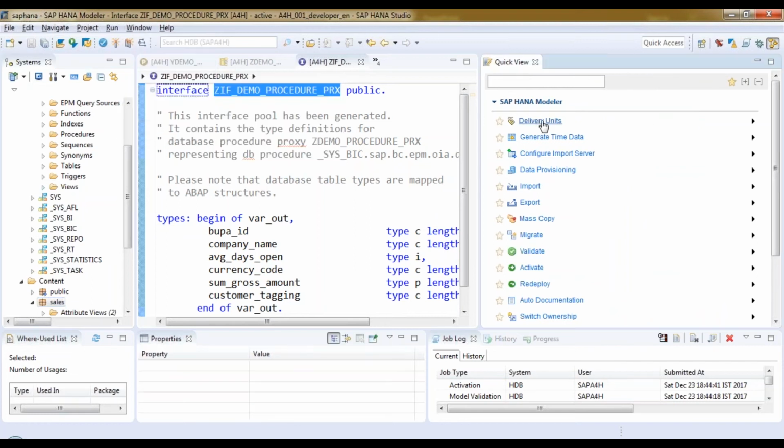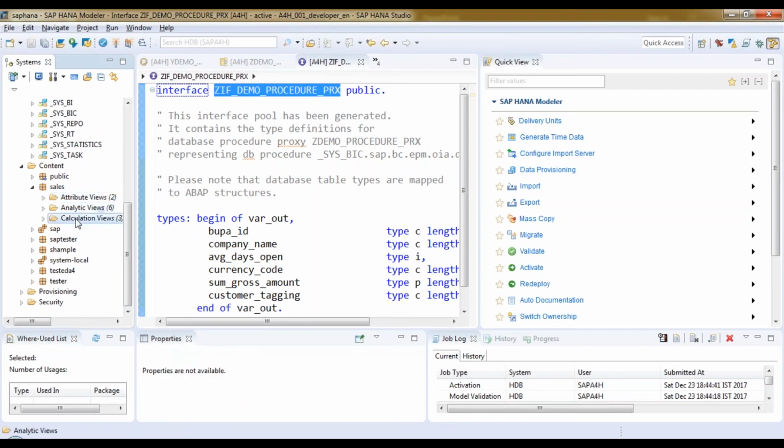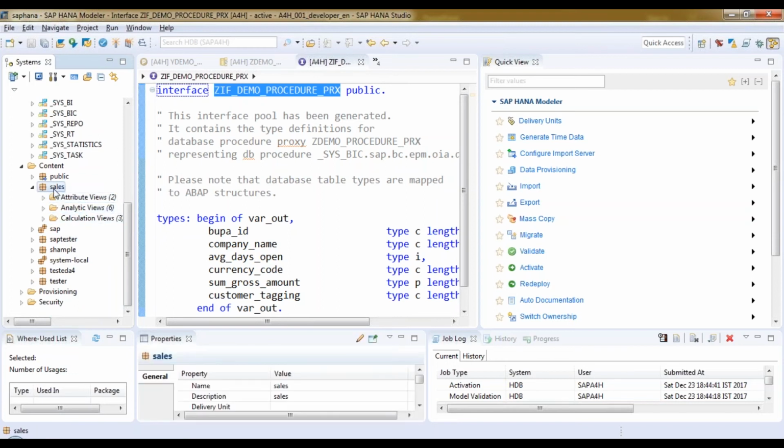And here you can create a delivery unit. So let's create a delivery unit which transports all my artifacts which are there in HANA. And then later on we create a packet which is the HANA transport container, put this delivery unit inside that packet, and that packet goes along with my transport which I'm going to release to the quality.